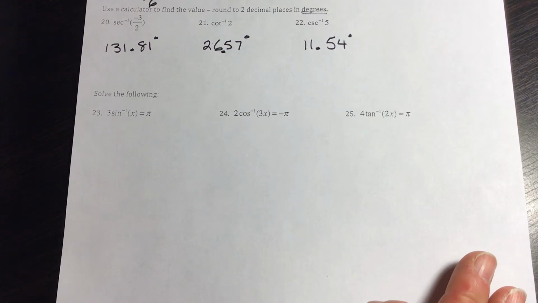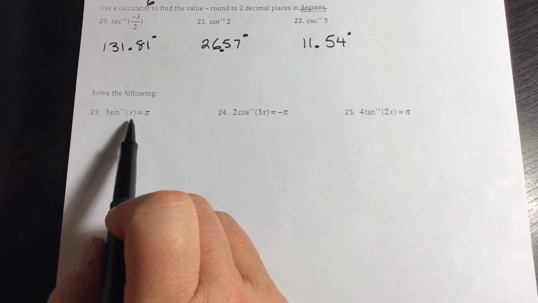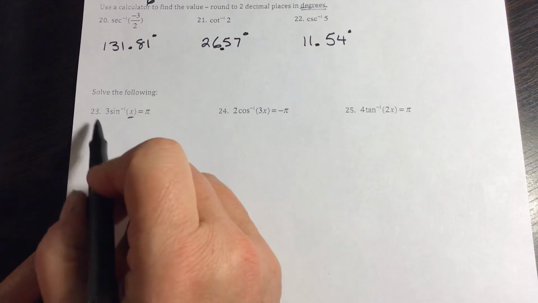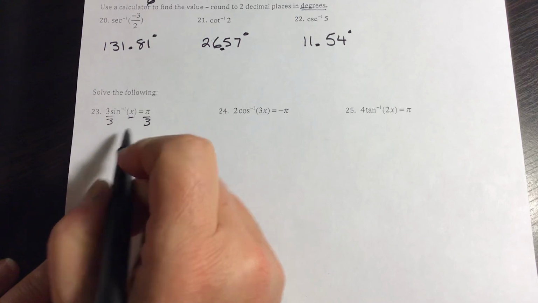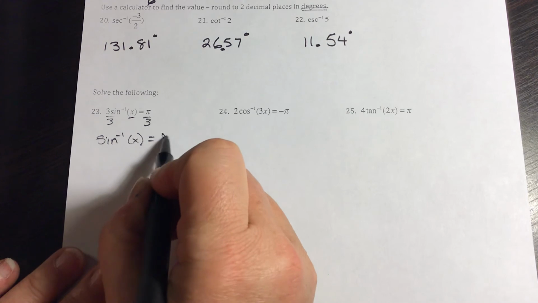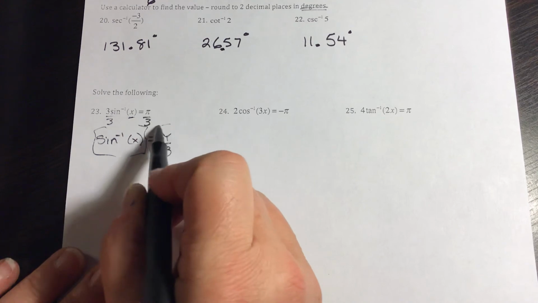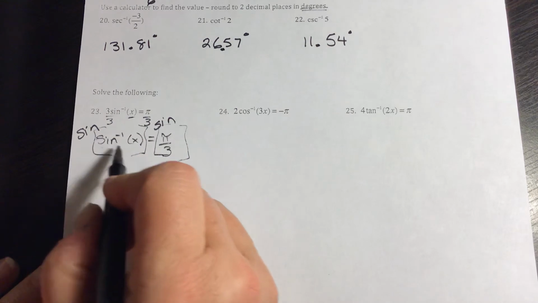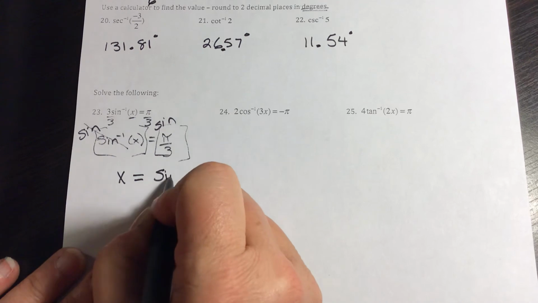And then for 23, it's asking me to solve the following. So I want to find out what x is. So I have to undo everything that's happening to x. So my first step would be divide by 3. So inverse sine of x is pi over 3. And if I now, on both sides, do sine, the sine and the inverse are going to cancel, and I'm left with x equals sine